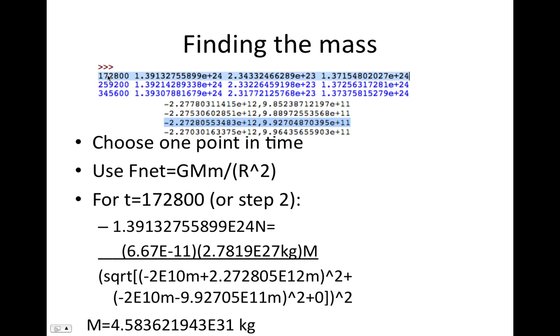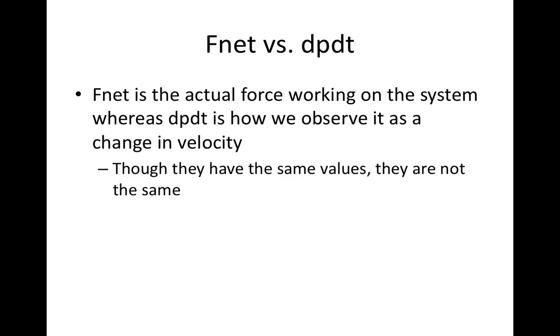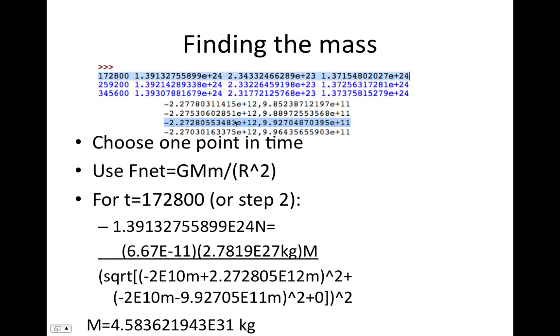I chose this point because it's 2 steps. Its time is 172,800 seconds, or step 2 basically, if you divide that by our time step. And then this was actually from the CSV file that showed each position at each time step. So the highlighted one in this second column, or the second picture, shows the position. And I use this equation,